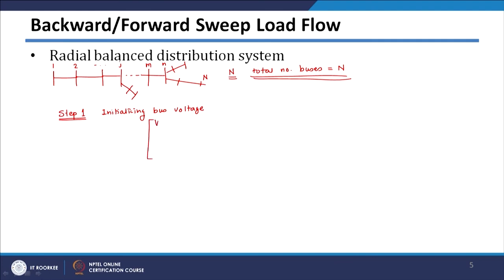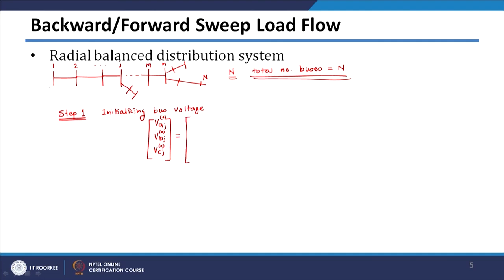So, V A j, V B j and V C j, which are the voltages of any jth bus at the 0th iteration, because we are initializing it. So, I am just writing the 0th iteration will be equal to,